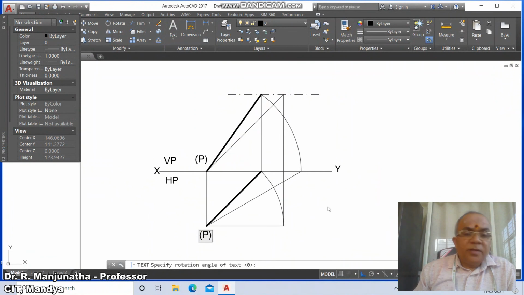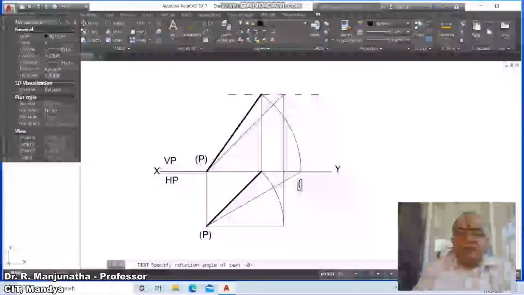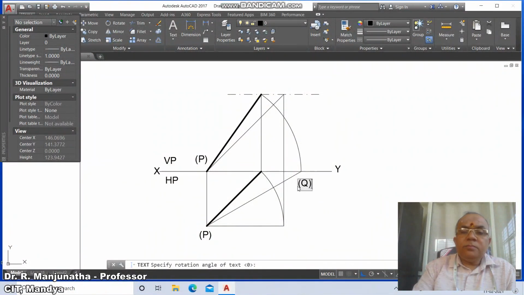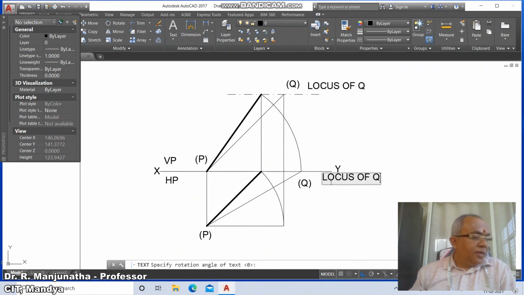Similarly, here Q in bracket, capital Q in bracket, and here also you mark capital Q in bracket, and this will be locus of Q and this will be locus of Q. Then here switch off the caps lock.